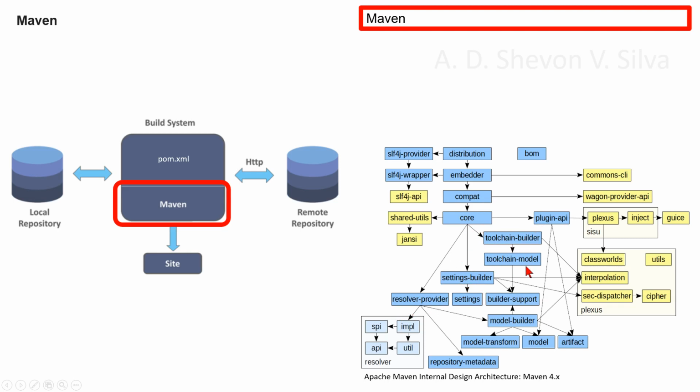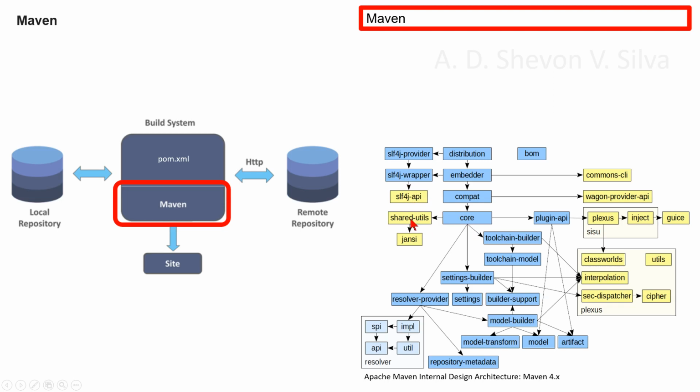Toolchain builder is connected to toolchain model, and settings provider is connected to settings builder support, and model builder is connected to builder support, and also connected to model transform and model and artifact. And here resolver provider is connected to repository metadata, and you can see here embedder is connected to commons CLI, and SLF4J-wrapper is connected to SLF4J API, and core